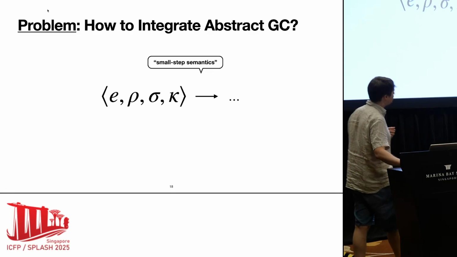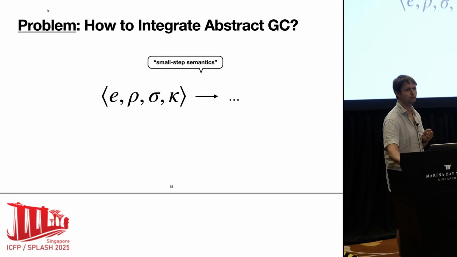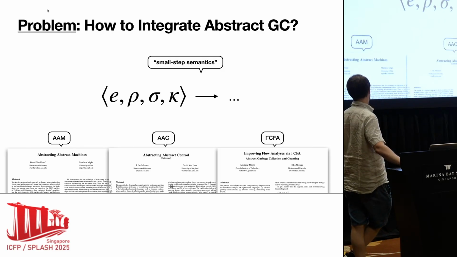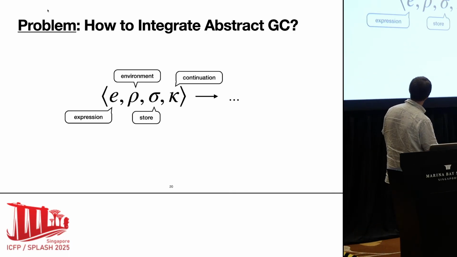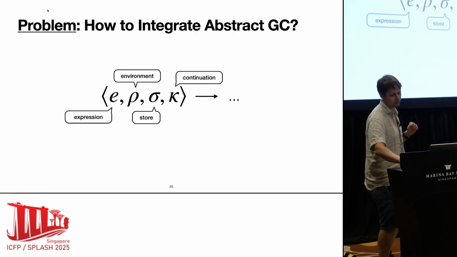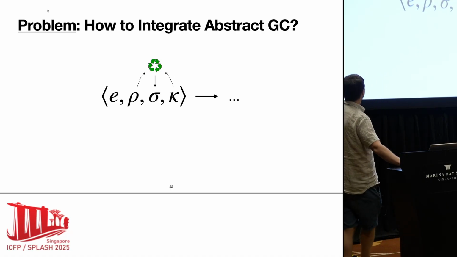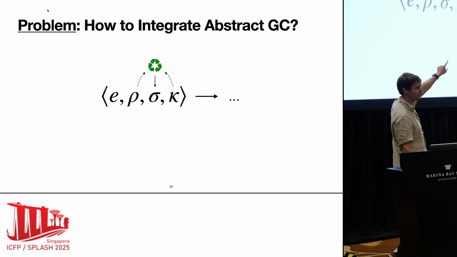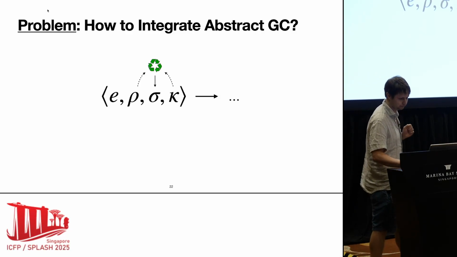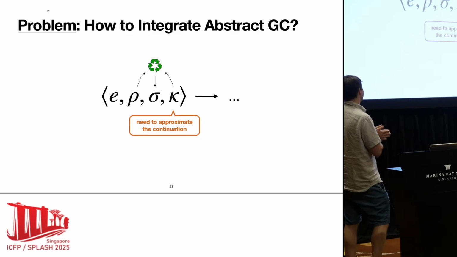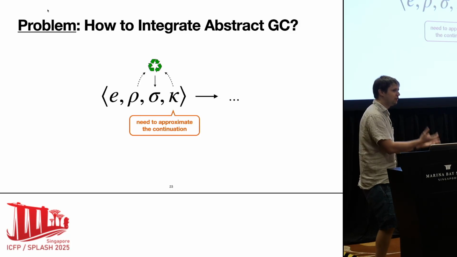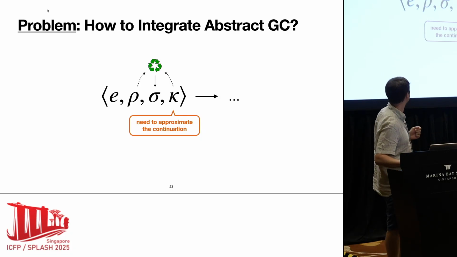Well, typically we see abstract garbage collection integrated into small step abstract interpreters, such as those from the AAM, AAC, or gamma CFA techniques. In such small step abstract interpreters, we have an expression component, an environment, a store, and a continuation. How can we do garbage collection? Well, we can use the references from the environment and the continuation as the root set of the garbage collection to garbage collect the store. The problem with these small step semantics is that we need to explicitly keep track of this continuation component. We need to abstract it, which incurs a loss in precision in the control flow behavior of our abstract interpreter,